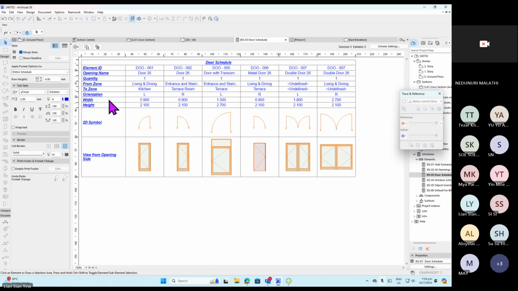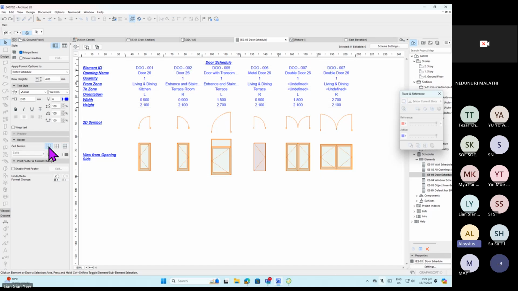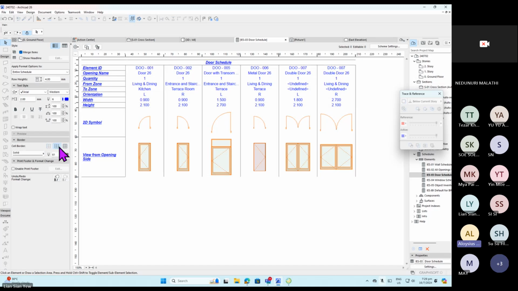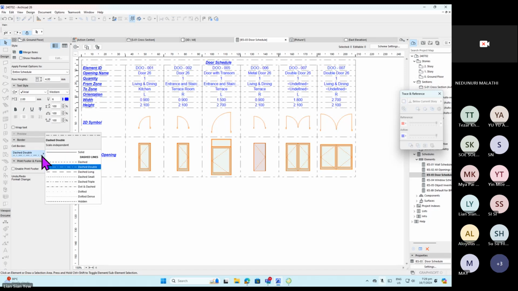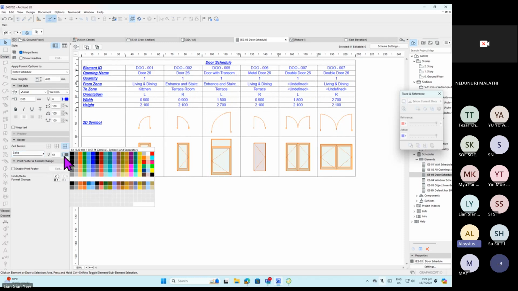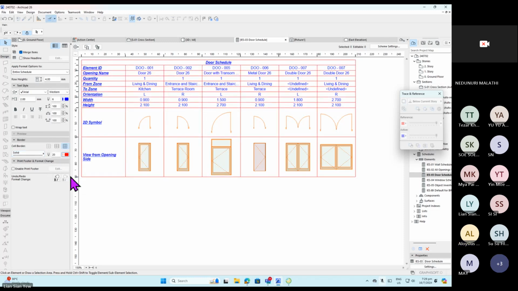Okay, and then the last thing that I will also share with you is, for example, I can have no border, or vertical line, or with a grid. Okay, I can also change this to be dash. There's so many things that you can experiment with. Okay, change to red color line